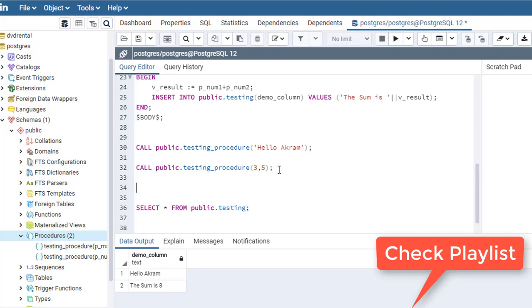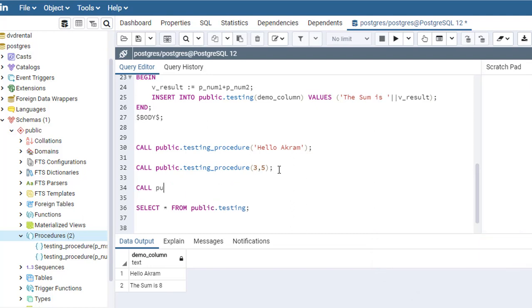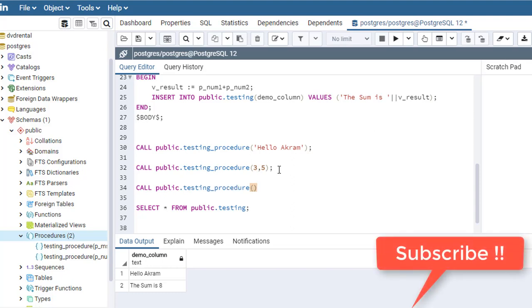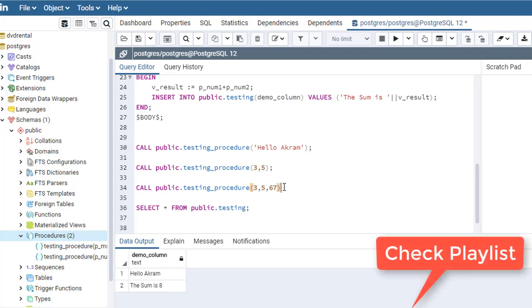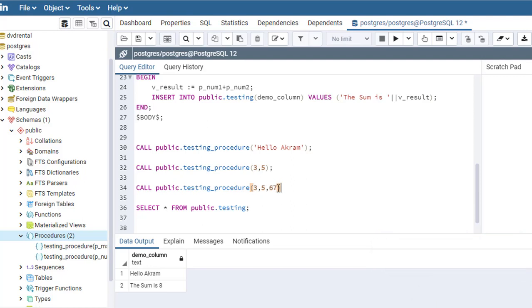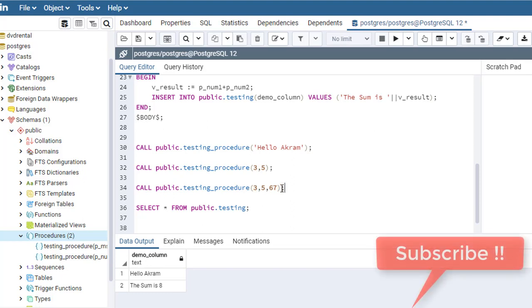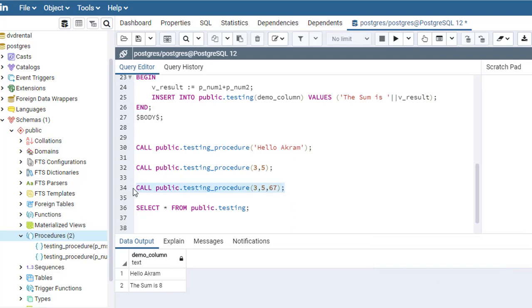Now I will again call public.testing procedure, but this time knowingly I will give a wrong parameter list. This type of thing is not there, like 3 numeric parameters are not there. So it will tell me that it does not match any parameter list, an error will come.